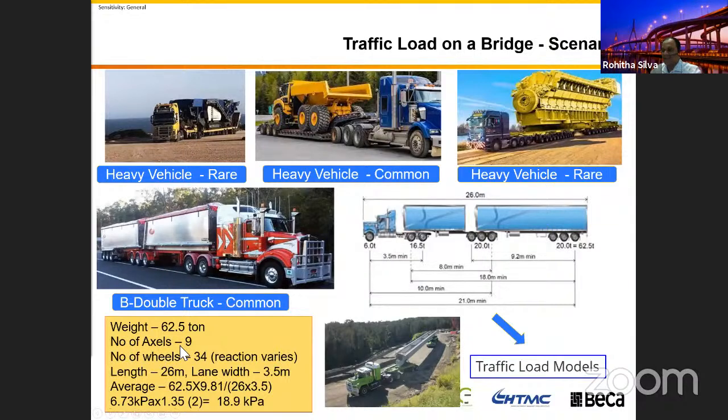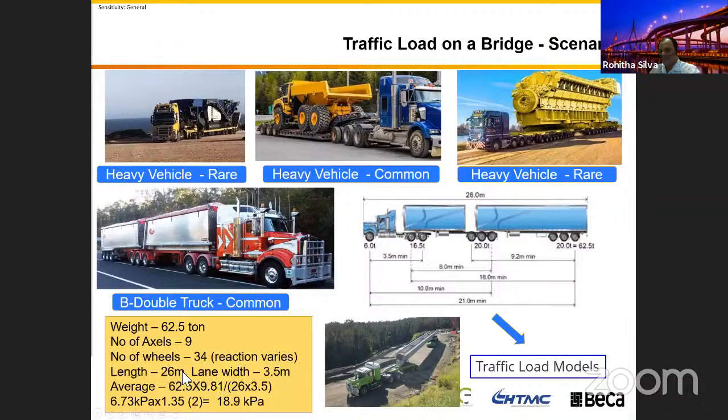Then you've got nine axles and 34 wheels that produce the reactions. You can see these are the approximate reactions from this particular truck. They are different, they are not the same. And then if you look at the average pressure on the bridge deck, if you divide 62.5 and convert that,